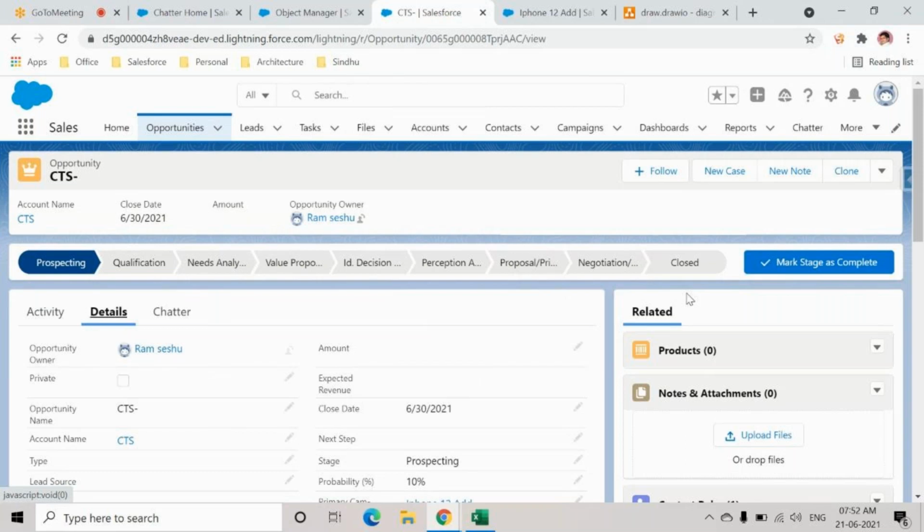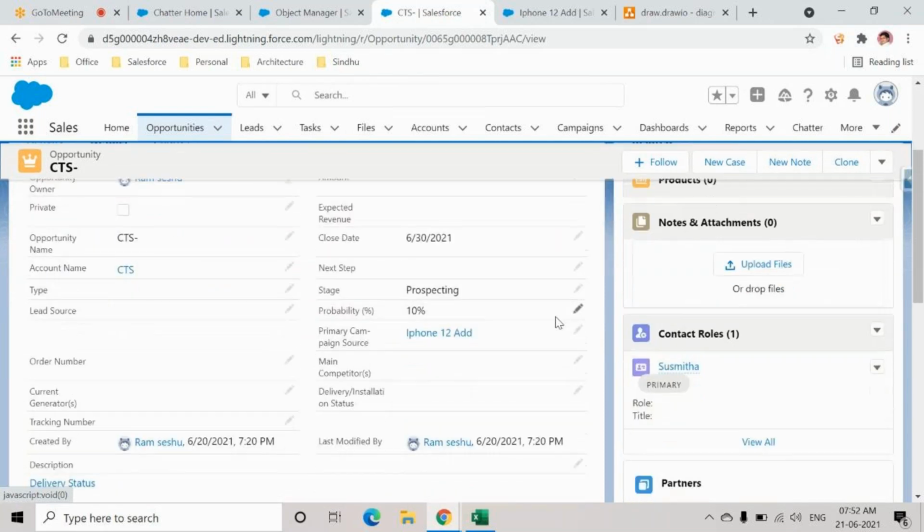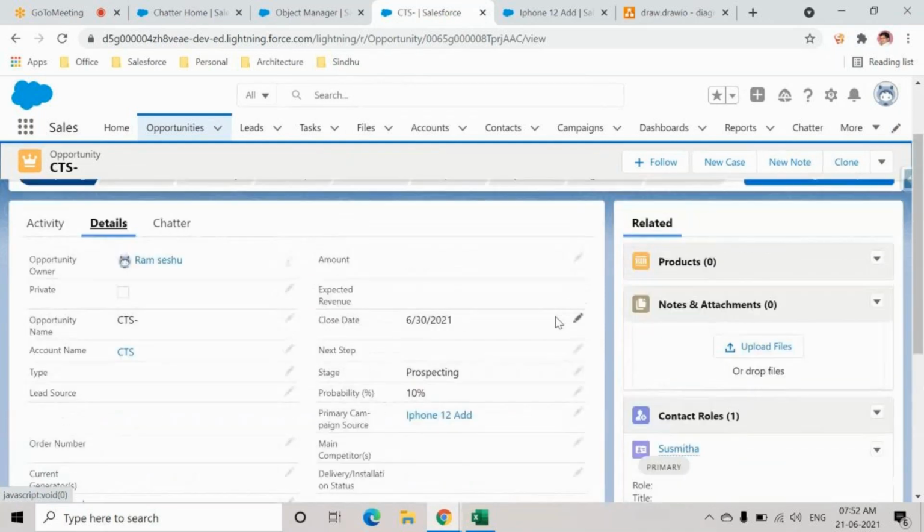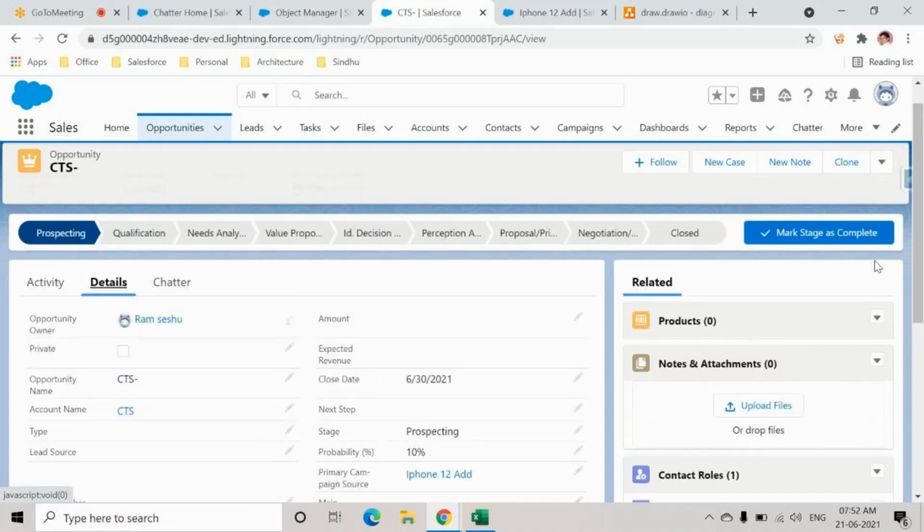But till now, I haven't spoken about how to add a product to this, right? Because the opportunity captures only some basic information. To see the actual information about the products I'm going to buy, you have to add the products. But I'm not going to add them now because this needs a little more understanding. We'll discuss some custom components, and when I speak in detail about the standard processes, I'll come back to the sales process and we'll see how to add the products.